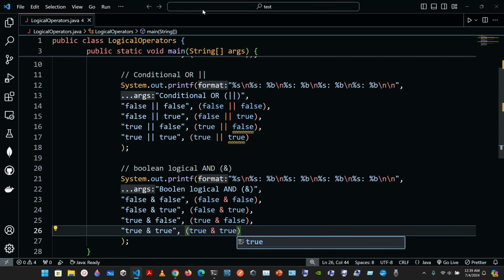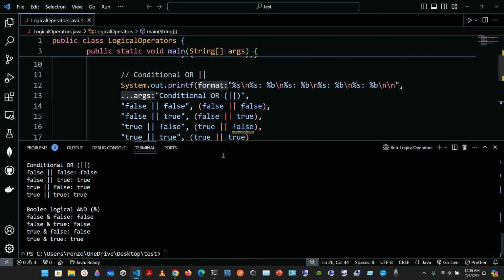Okay, we can save it and let's play it, and let's check out the Boolean logical AND. So when we have false Boolean logical AND false, we're gonna get false, and false and true is gonna get us false. Okay, true and false is gonna get us false, and true and true is gonna get us true. Okay, so